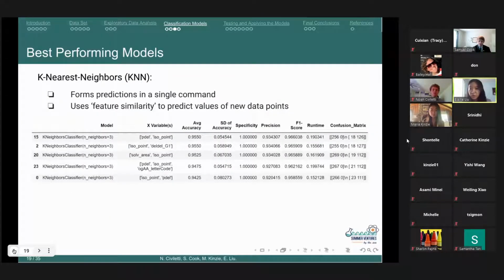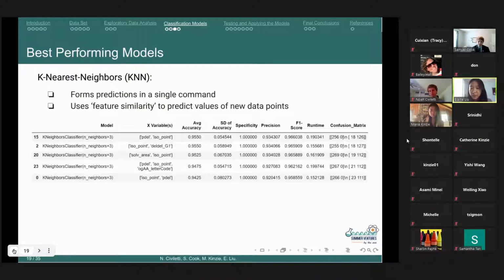The next best performing model, in no particular order, was KNN models, or k-nearest neighbor. These models work by classifying data points as the same class as what the majority of its nearest neighbors' class would be. So the number of nearest neighbors that are compared to depends on a chosen k, and for us, after running through multiple k values, we found that a k of 3 worked best. So looking at the 3 nearest neighbors to classify any one data point is how this KNN model worked.